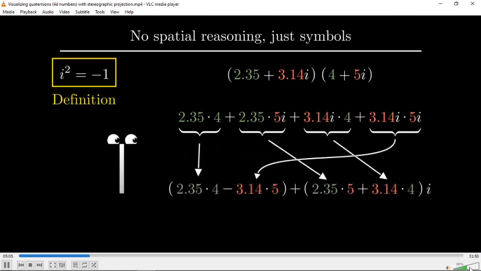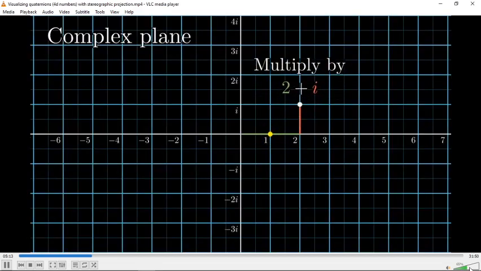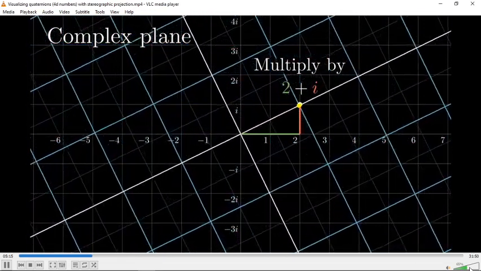and you apply this rule that i times i equals -1 to simplify things down further. And that's fine, that totally works, and the standard textbook way to introduce quaternions is analogous to this, showing the algebraic rules and calling it done. But I think something is missing if we don't at least try to show Linus the geometry of complex numbers